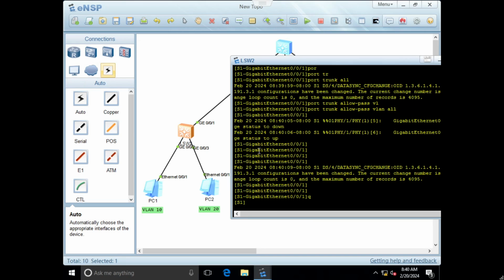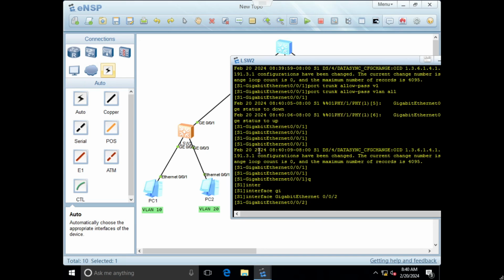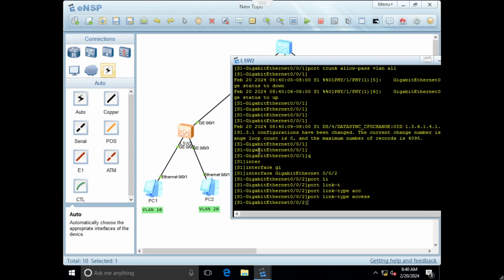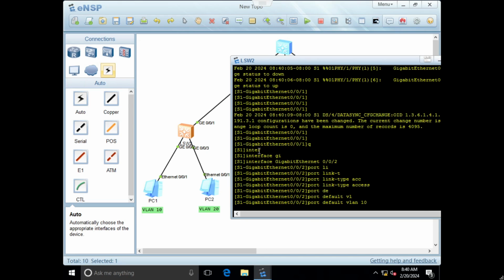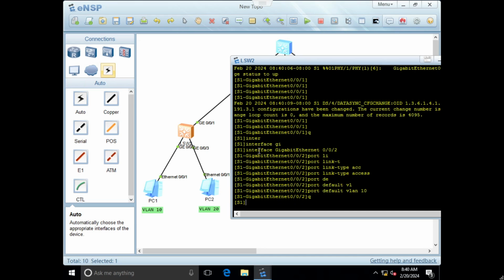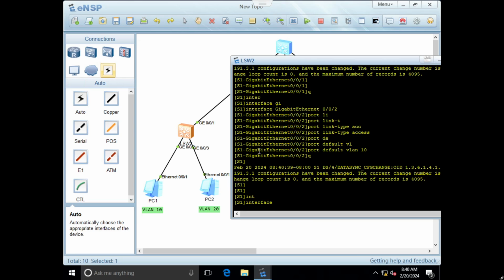Then we go to the next interface, interface 002, and here we need to put it in access mode. So port link-type access, then port default vlan 10. With this command we say it's in access mode in VLAN 10, and we will repeat this now for